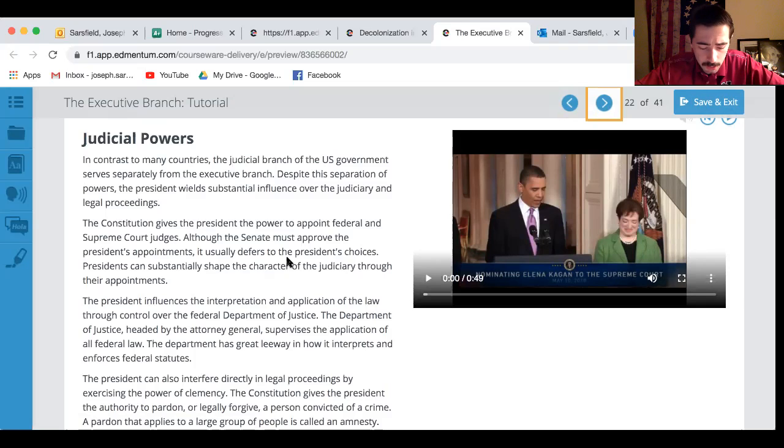Their second major responsibility, they run the Department of Justice. We'll talk about the Department of Justice in a couple slides, but basically they pick the attorney general. The attorney general runs the Department of Justice, and the attorney general basically applies laws to the United States, and the president talks in their ear about what they want to see happen. During JFK's term, he appointed his brother Bobby Kennedy to the attorney general, and they took a big offensive against racism, and they fought for civil rights. That was one of their major